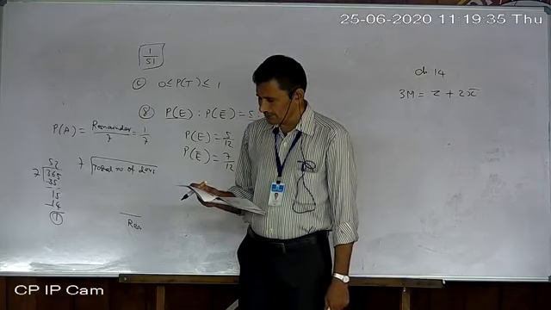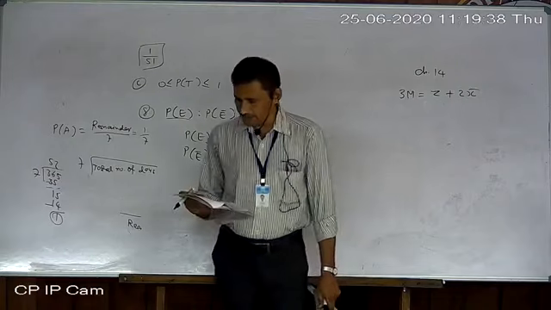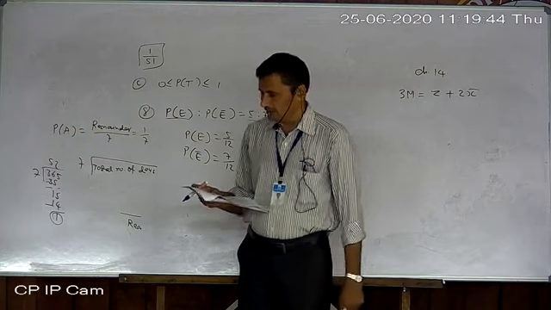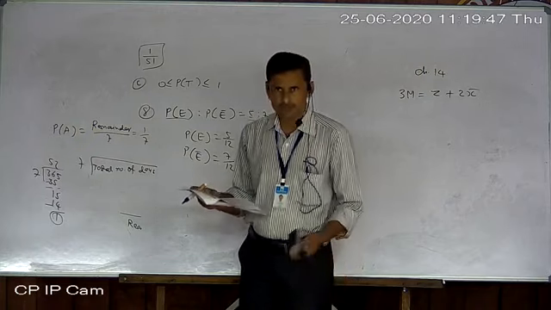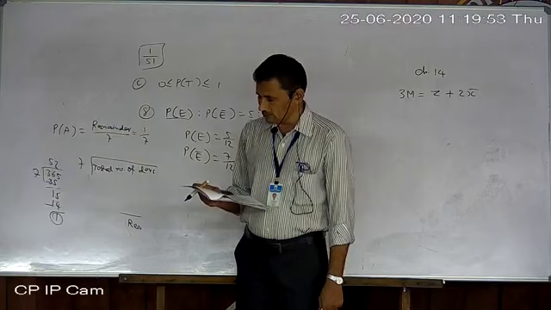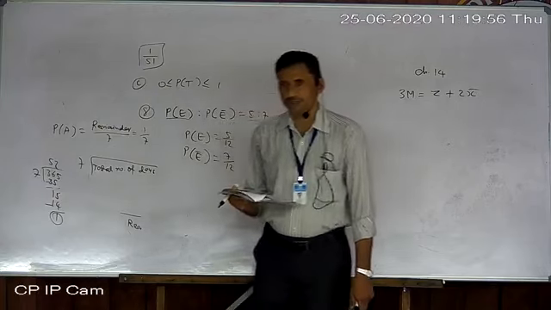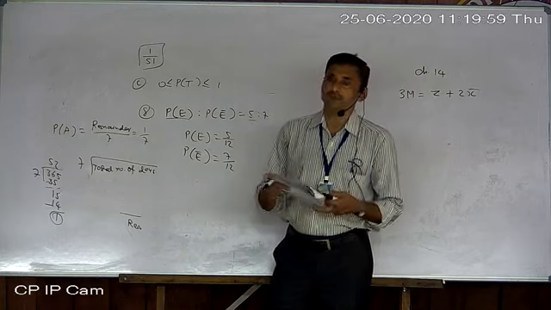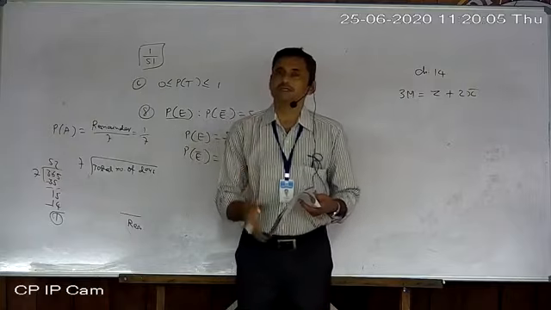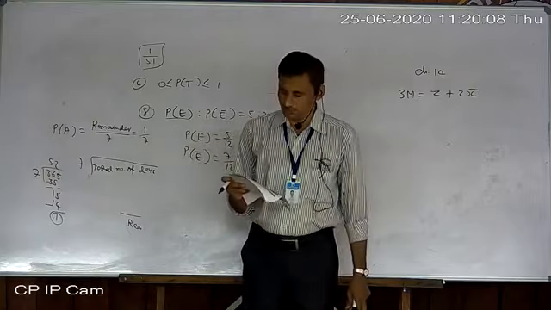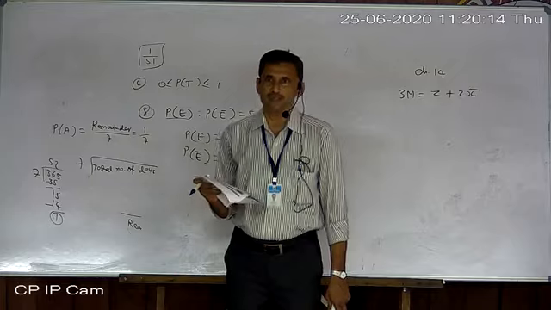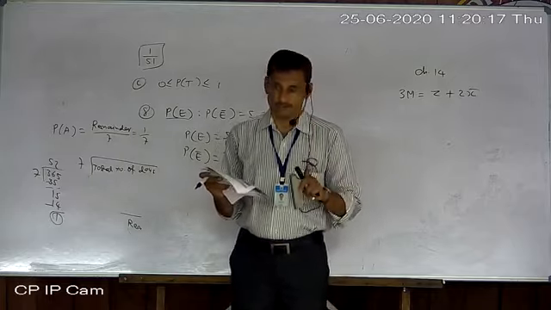Now look at 16. The sun rising in the south is obviously impossible, so 0. What is the probability of scoring 75 marks out of 100 marks? 1 upon 101, just like the first one. Objective number first: what is the probability of scoring marks more than 40 and less than 50? More than 40 and less than 50 means 41, 42, 43, 44, 45, 46, 47, 48, 49. So 9 numbers are favourable, so 9 upon 101. Why 101? Because we already discussed that 0 can also be allotted.